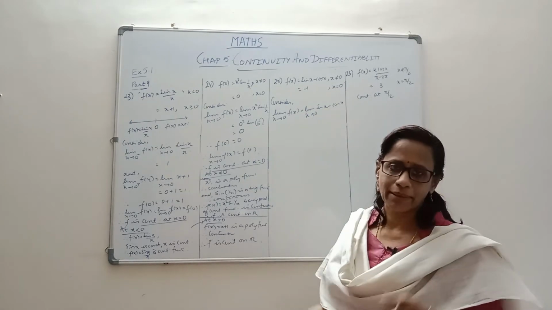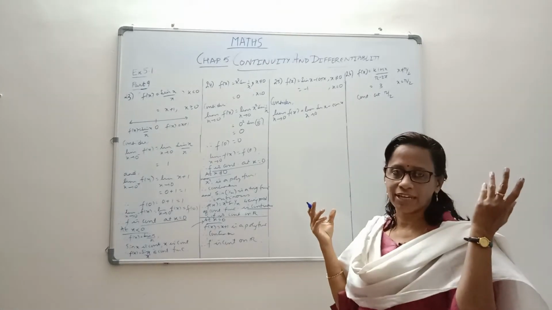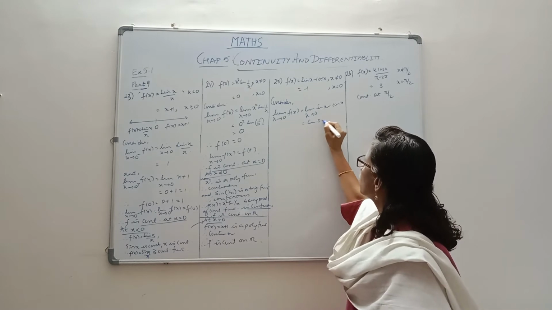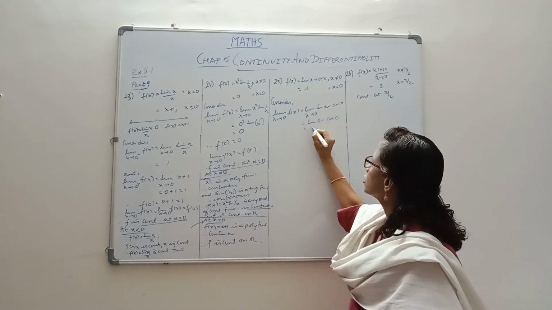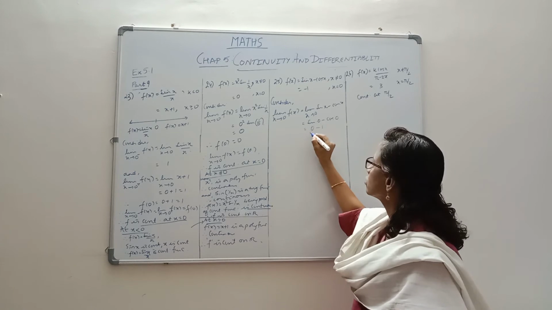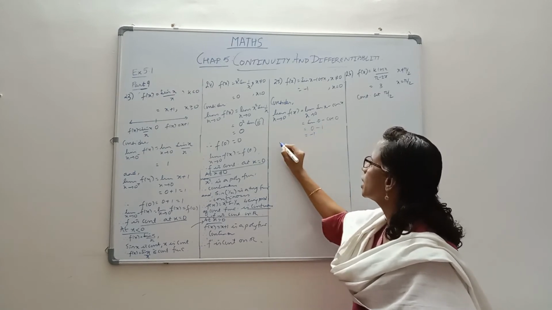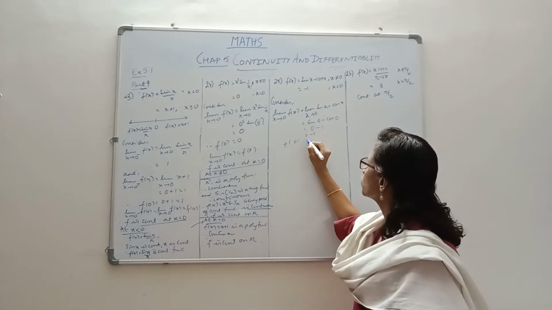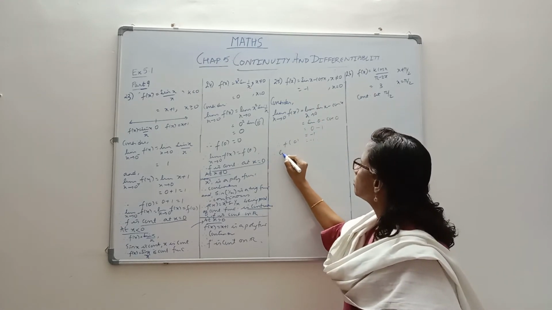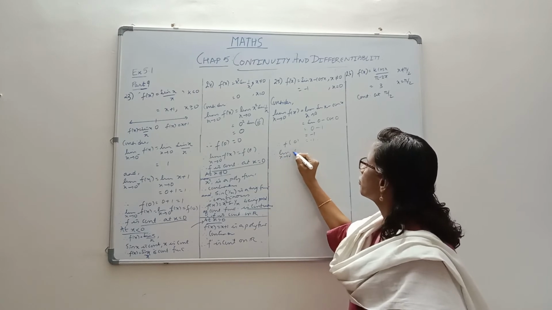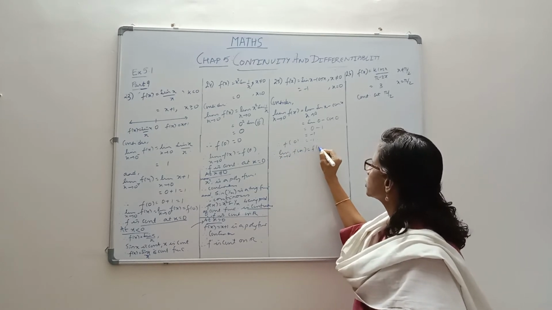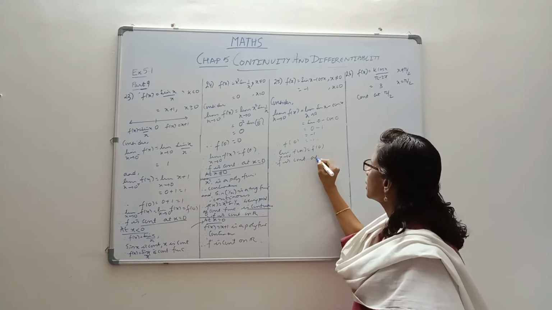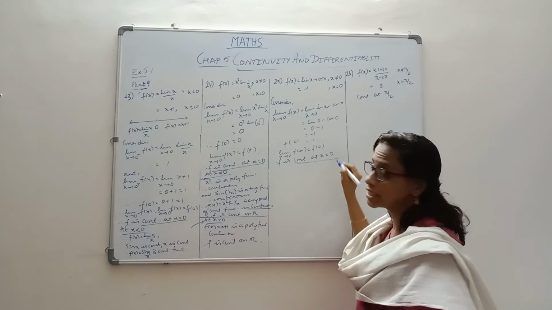We have learned from time immemorial, if you have x tending to something, we substitute. So what will happen? Sin 0 minus cos 0. Sin 0 we know is 0, cos 0 we know is 1. So finally the net value is minus 1, and f of 0 directly they have given as minus 1. So what do we conclude? Limit as x tends to 0 f of x is coming as f of 0. Therefore, f is continuous at x equal to 0.